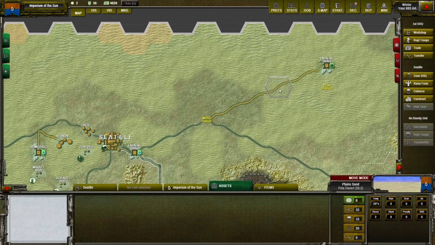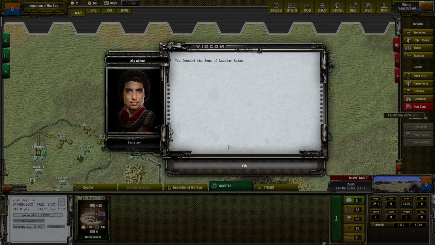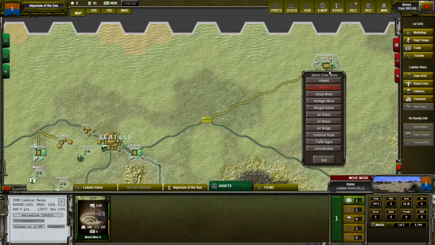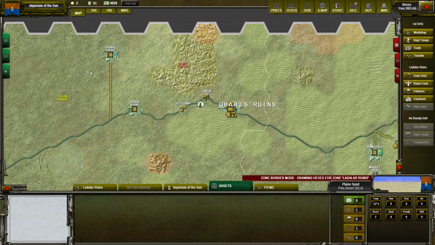Usually I recommend creating a truck station to cover nearby assets as a new zone, but in this case we can simply create a small zone, maybe make it a little bit bigger. Of course, the problem with a new zone is that you need to assign a governor and deal with workers and happiness. So it's, I would say, the least effective option, but it might be worth it when you have a situation like